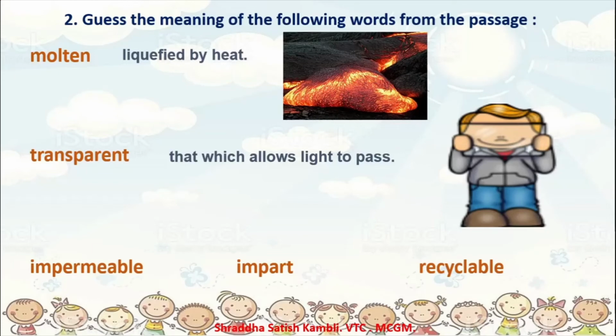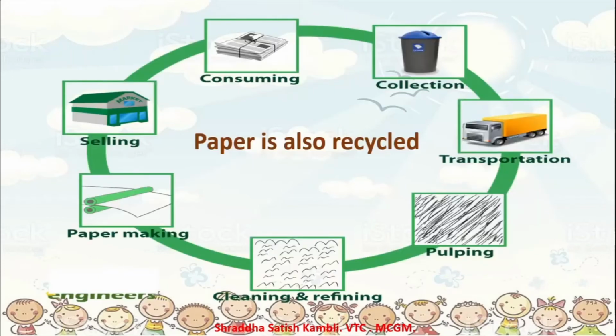So now we have the word recyclable over here, and we saw that glass can be recycled. That is, once you use glass, you throw it away, again it can be made into some other article. Okay? So there is one more thing which can be recycled. Paper is also recycled. So in your textbook you have the last exercise which asks you to find out how